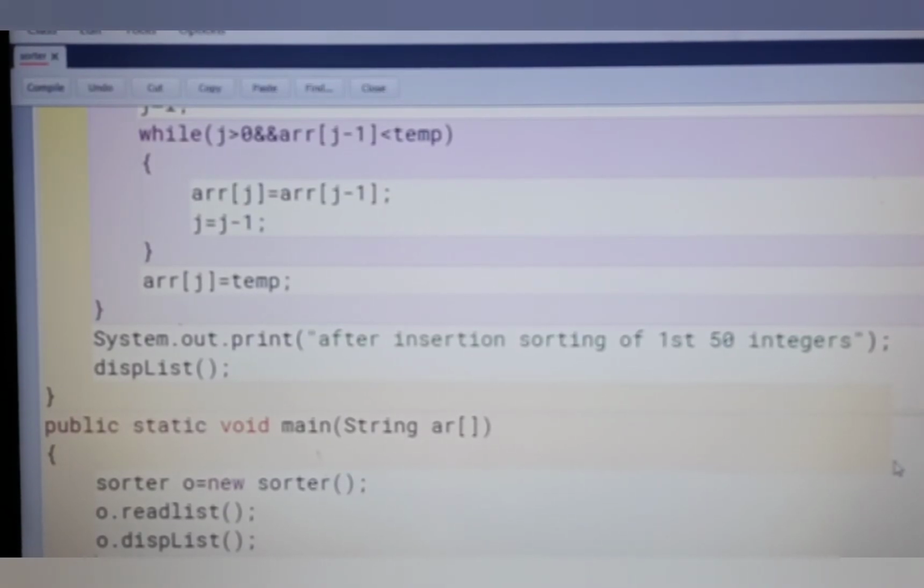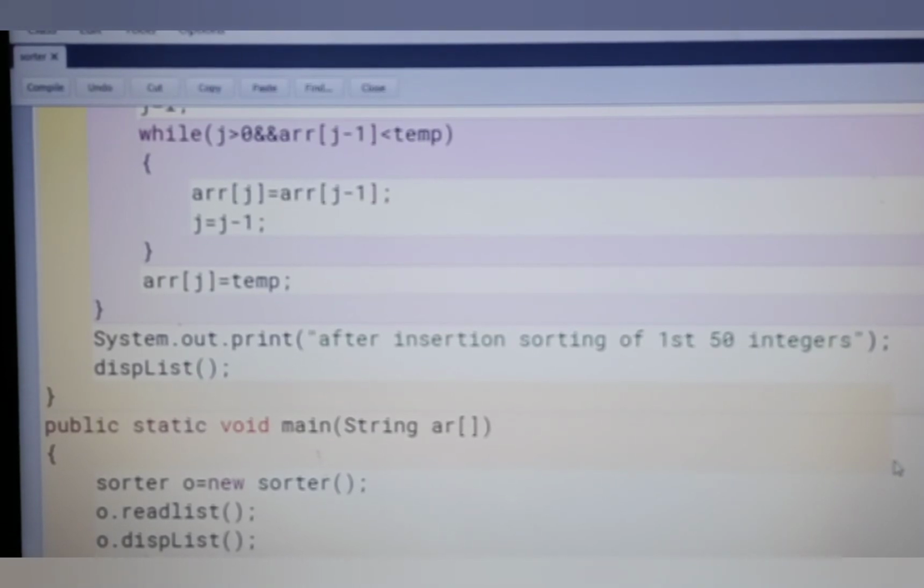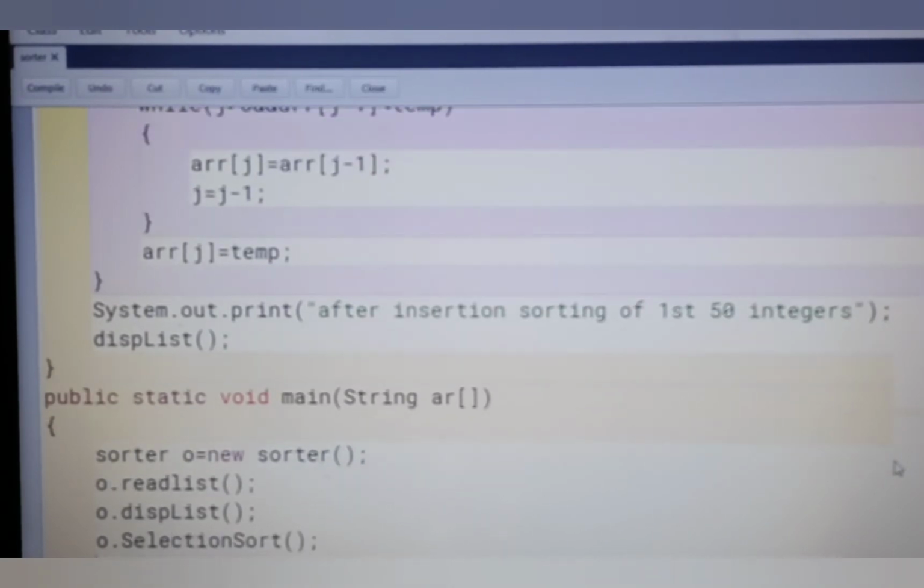After this, the next method is the selection sort method. After the selection sort method, again we call the read list method.